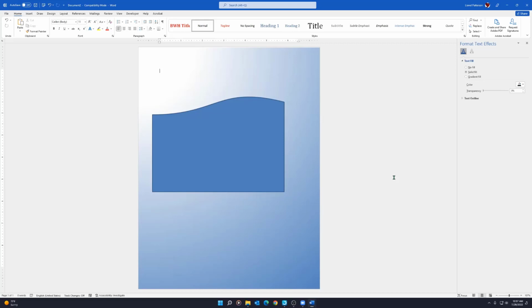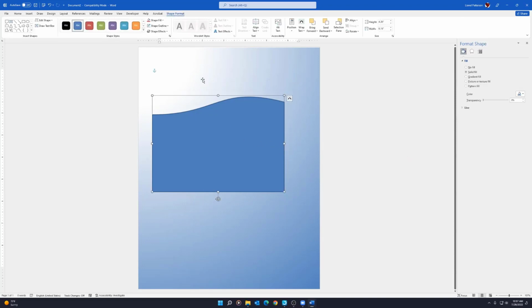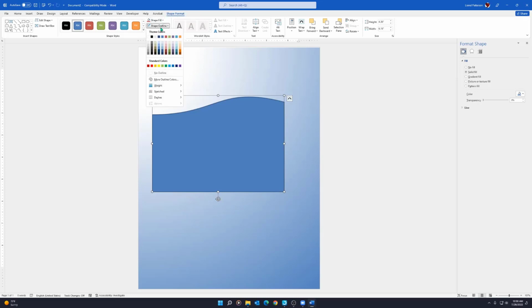You do have options to do that, but because I have my default selected to when I draw out a shape, this is the arrangement that it's going to give me. But don't worry about it. We can change that. Again, I'm going to select it. It's going to open up my shape format tab, contextual tab. And once I select that, I am going to go ahead and go to shape outline, go to no outline